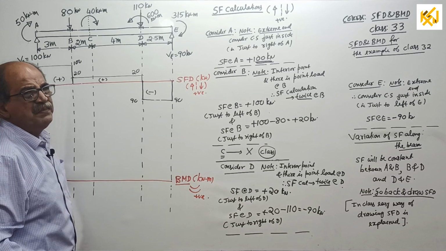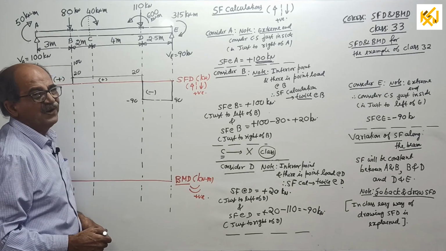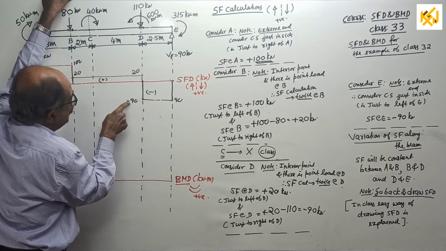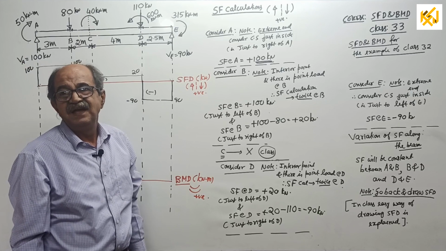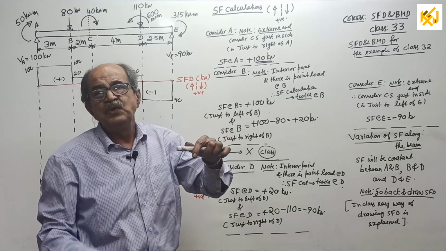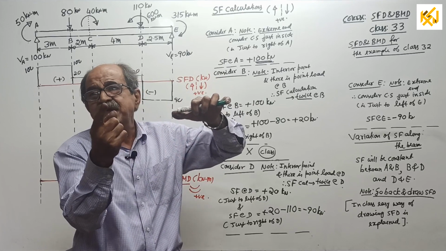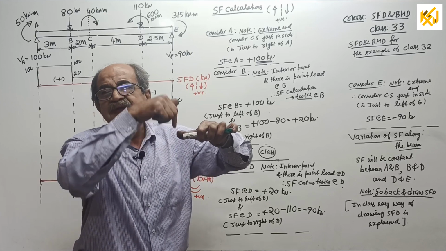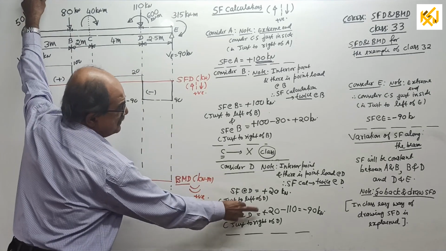Many people, what they do is, they write negative here and then enter minus 90 here. No, that is not correct. Once you write this is plus, this is minus, you should not use the minus sign here. Many people I have educated, I will tell them, if an upward force is there and you take downward, you write minus. Or if you consider upward positive, negative came. That means upward if you write minus. But when you make it downward, do not use minus once again. Okay. This is a shear force diagram as per this calculation.